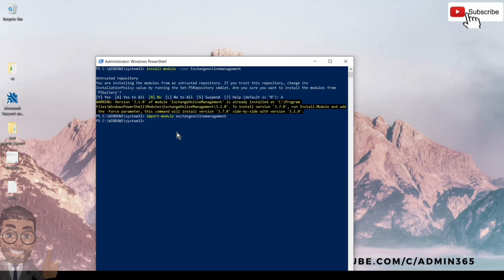If in case you get an error while doing the installation or the import, something about the execution policy,